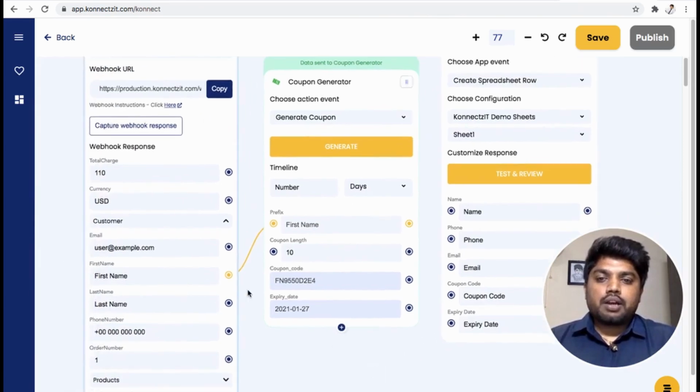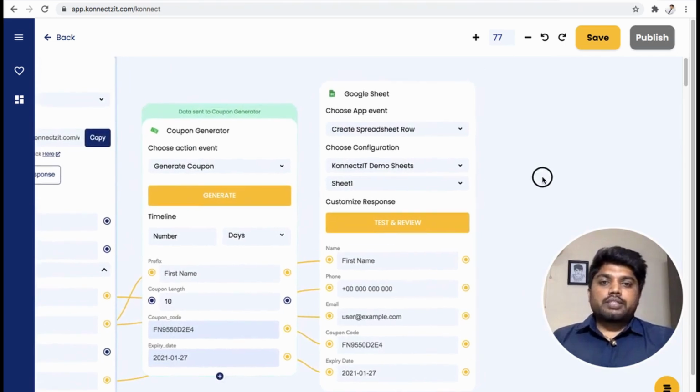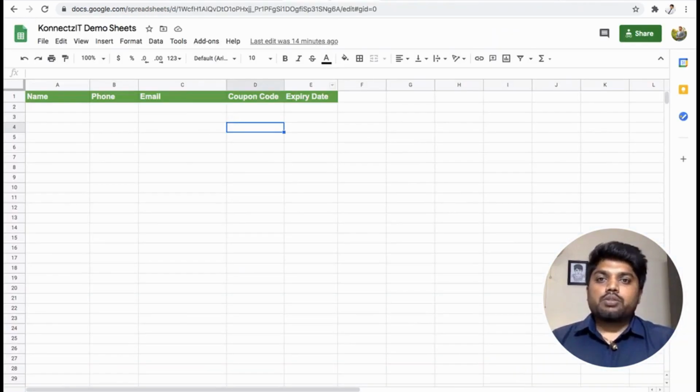The name, phone number and email ID I'll get from LeadCart. The coupon code and the expiry date come from the coupon generator. Now my sheet is ready. This is my Google Sheet, and I have all this data.